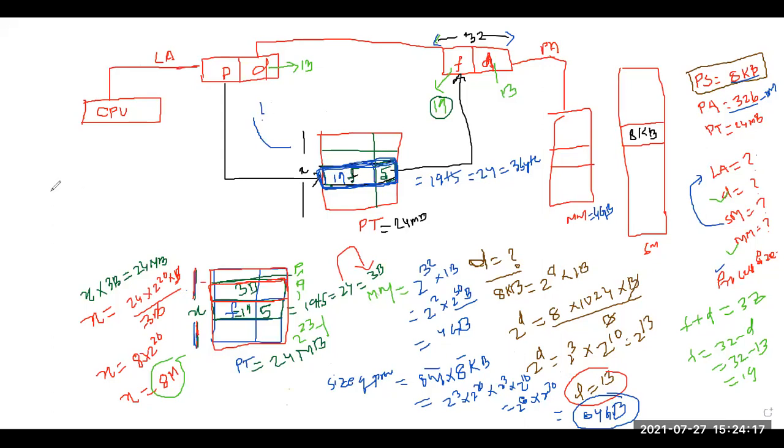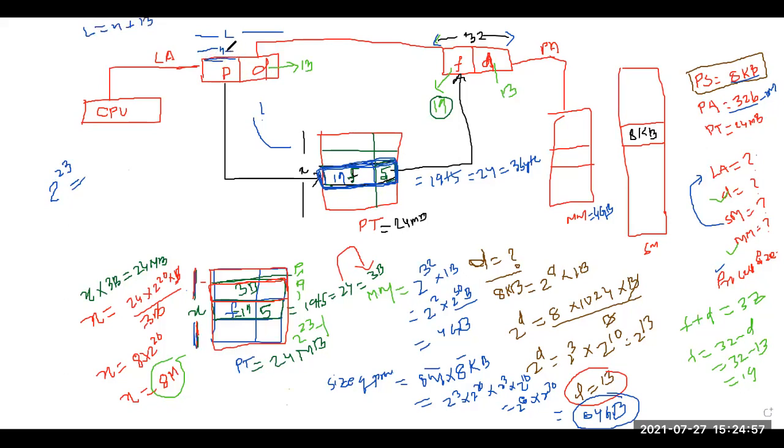Now, how many pages are possible? Now we know that 2 to the power of 8 million pages, that means 2 to the power of 23 pages are possible. That means, what will be the value of p? The addressing value of p will be a maximum of 2 to the power of 23. Suppose I say this p equal to n, and this total equal to l. Just listen carefully. Now l is equal to n plus 13. This 13 is nothing but this d. Now I have to find the value of n.